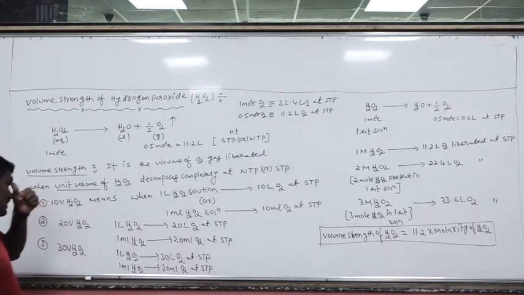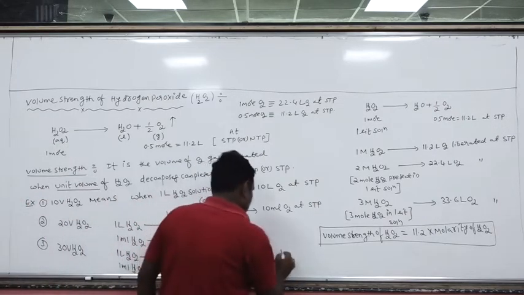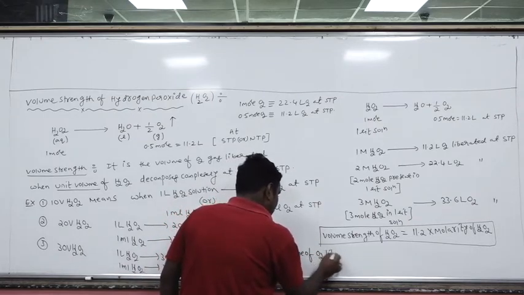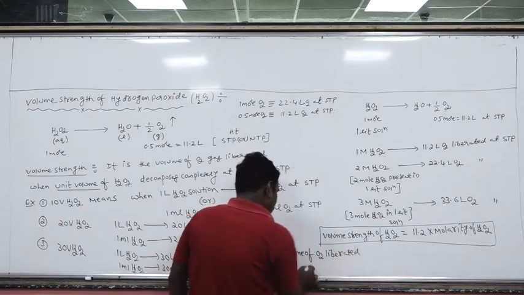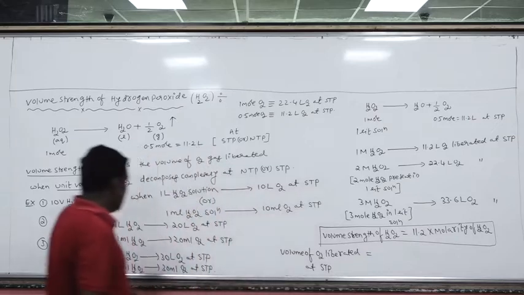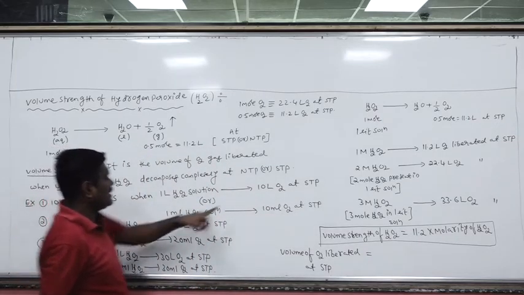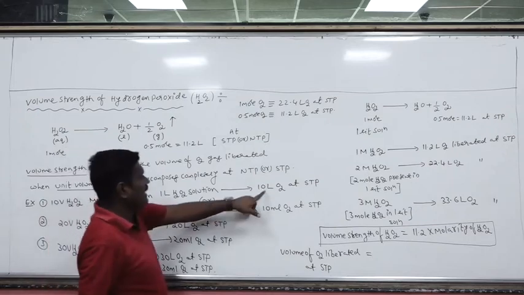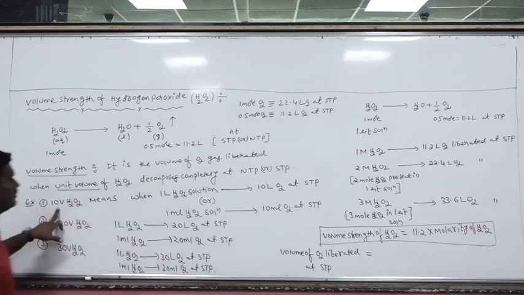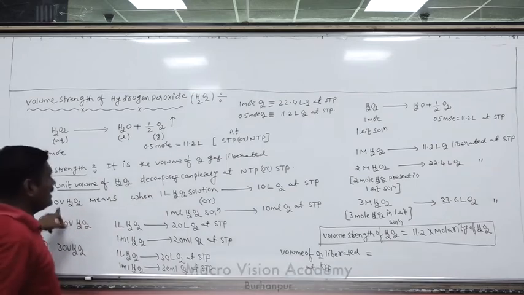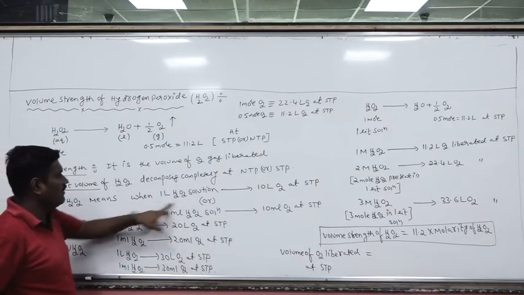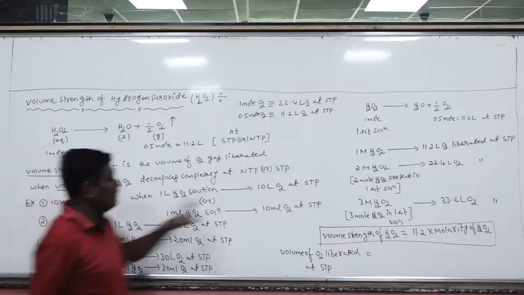And one more important thing here. What is the volume of oxygen liberated at STP? Volume of oxygen liberated at standard conditions of temperature and pressure. Remember, this is the volume of oxygen liberated. Let's suppose 10 volume I am taking. So 10 liters of O2 produces from 1 liter H2O2 of 10 volume strength. Shall I write 10 liters of O2 is equal to volume strength of H2O2 into volume of H2O2, because 10 into 1 becomes 10.